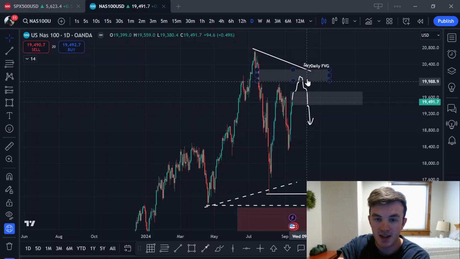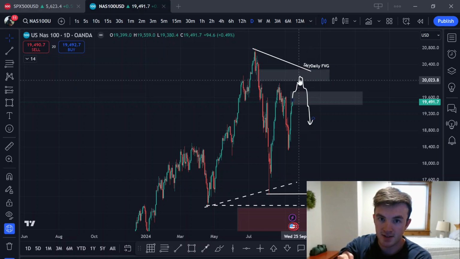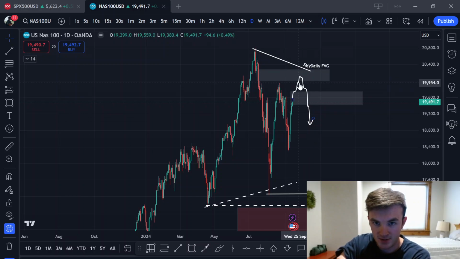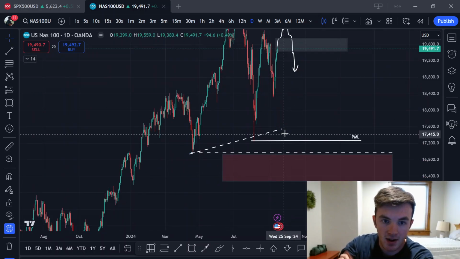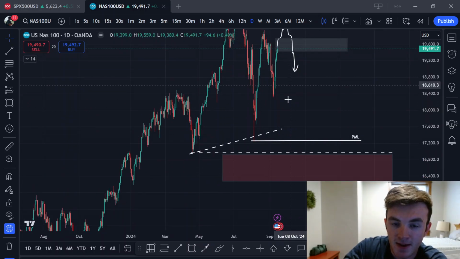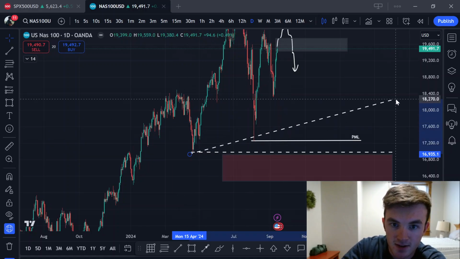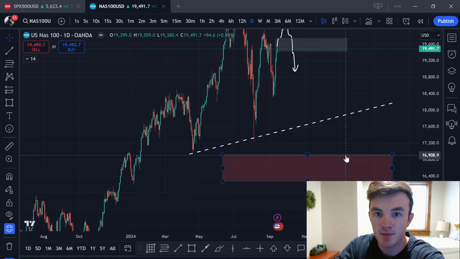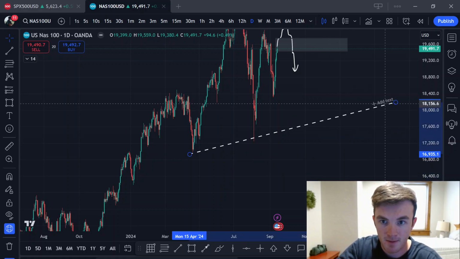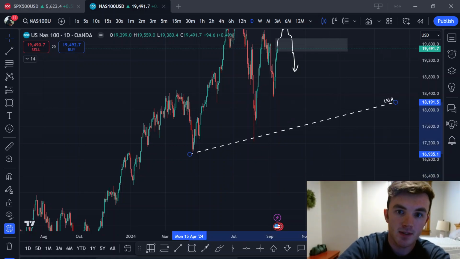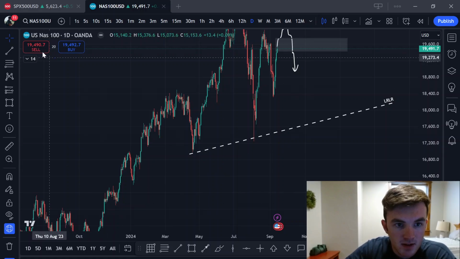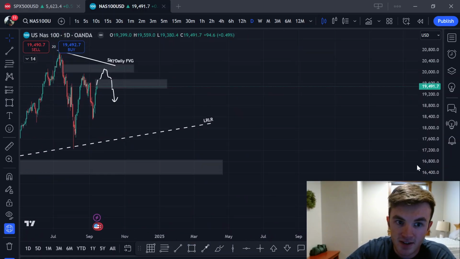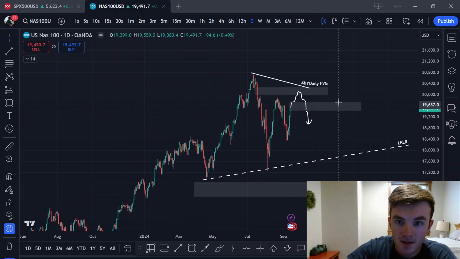And if we sweep this high, this would be high resistance liquidity. Now, obviously, this is liquidity too, but if we do sweep this high and we push back down, then I would expect this trend line liquidity, low resistance liquidity, whatever you want to call it, to be the target. So this is like that 2 to 2.5 standard deviation area. You have this low resistance liquidity.